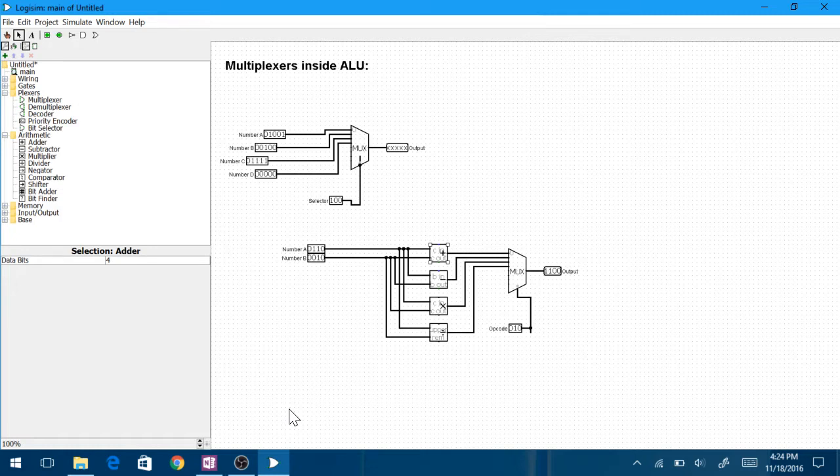In the assignment on Moodle, in order to get full credit, you will have to do the adder portion by yourself. So you'll be taking this adder chip here, the built-in adder in Logisim. You want to remove this chip and swap it out with your own adder chip that functions the exact same way. So you'll be making this all by yourself, and it's got to be a 32-bit adder